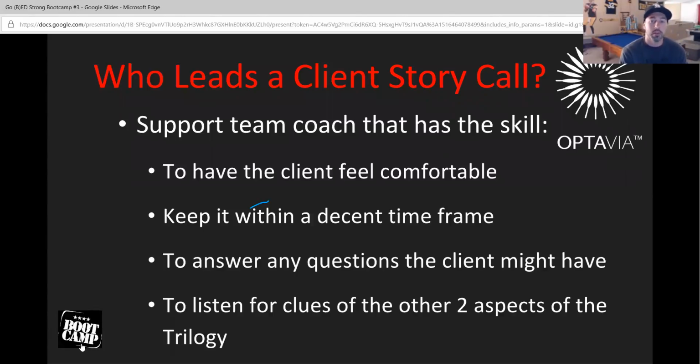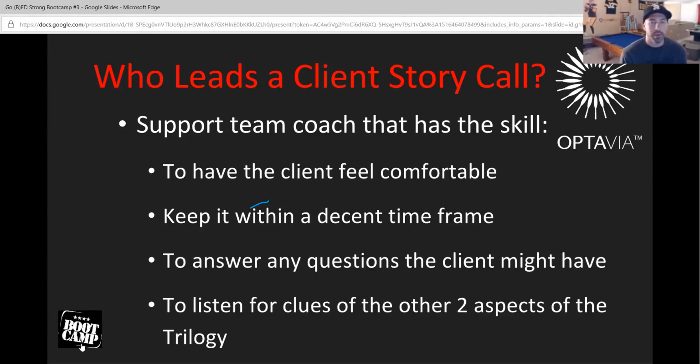The reason that we have them do this is because we want to make that client feel comfortable. We want to keep it in a decent time frame and be able to answer all their questions. But we had talked about edifying that coach earlier.